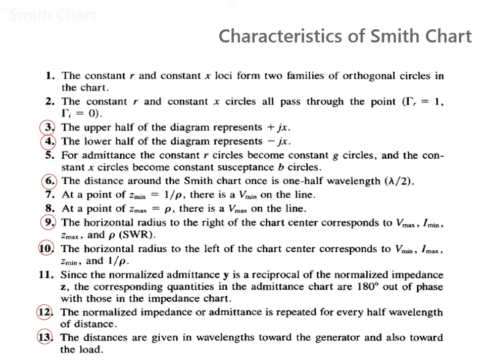These are the characteristics, or properties, and functions of the Smith chart. We can locate the constant resistance and reactances, and all the terms with the help of these orthogonal circles. We can find the values, the reflection coefficient, and the upper and lower half representation of the diagram, that is plus or minus jx, which is also possible. How can I find the particular points of z min and z max with the help of the minimum and maximum voltage and the minimum and maximum current? Likewise you can find all these things.